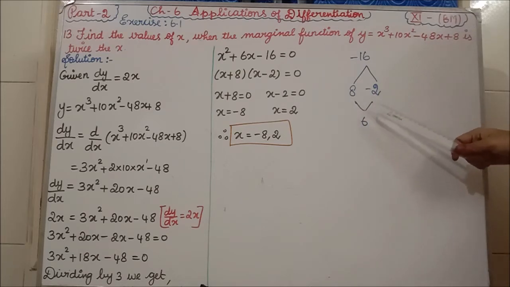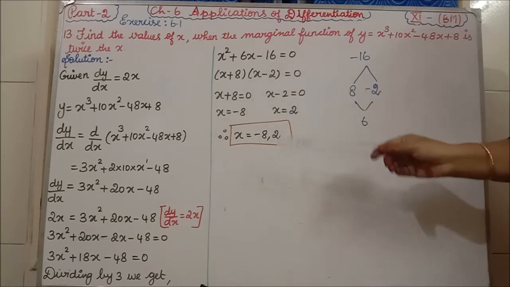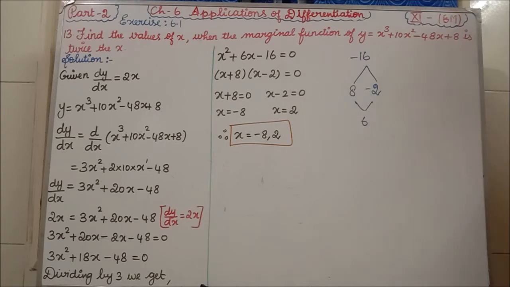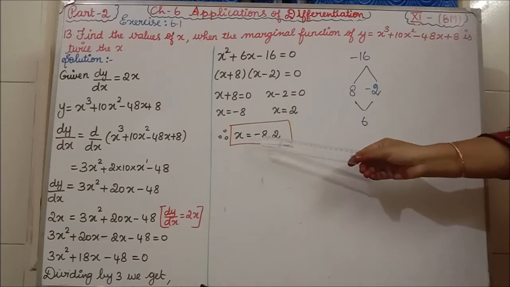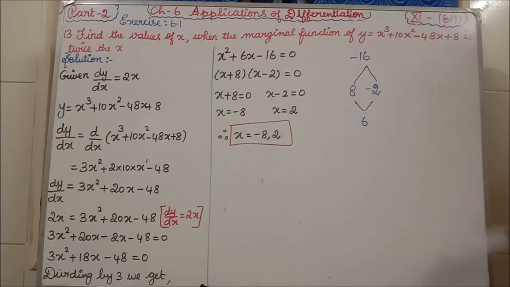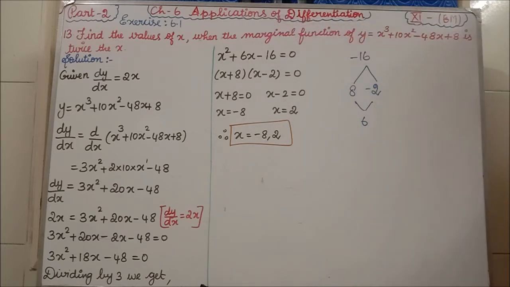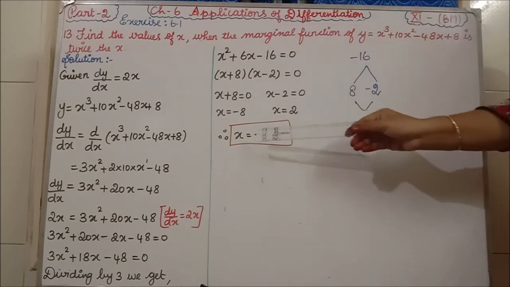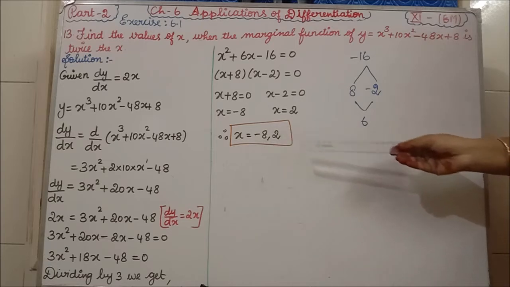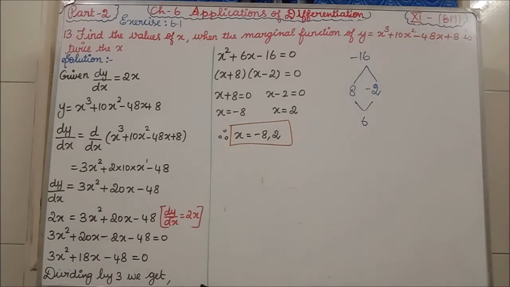So now when I am factorizing, I am getting x plus 8 as one answer, and another answer is x minus 2. From this, x plus 8 equal to 0, x minus 2 equal to 0. From this, x equal to minus 8, here x equal to 2. Therefore x equal to minus 8, comma 2 is the answer. That is only what we have to find. They were asking to find the value of x, isn't it? So the value of x equal to minus 8, comma 2. Is the 13th question clear to all of you?